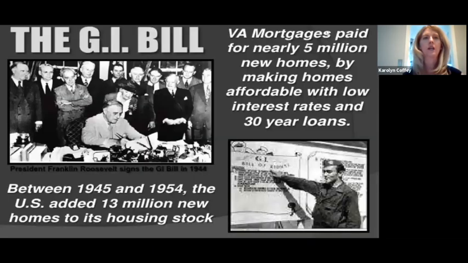And so things like the GI Bill made it much easier for veterans coming home from World War II to participate in home ownership programs. There was an expansion of the FHA that allowed people who previously had rented homes, now with very little money down, with very low interest rates, many Americans are able to afford homes, not just the affluent.